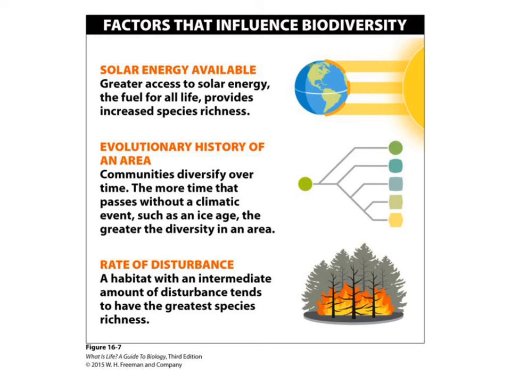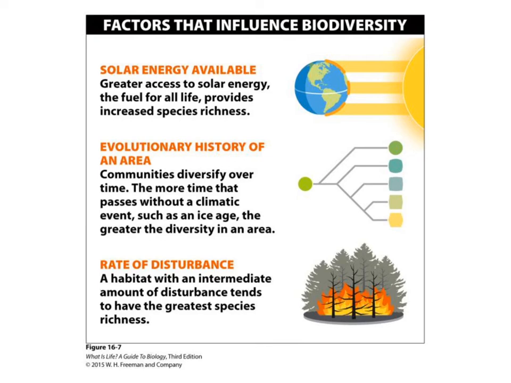There are also no major winter events in tropical areas. If you think about even here in North Carolina, during the winter, plants shut down and go dormant. They lose all their leaves, organisms hibernate or move out. We have a period of dormancy. The further you go towards the equator, the less time you have where things need to go dormant. Even as far south as Florida, we see that there is no cold winter and that organisms are active year-round.